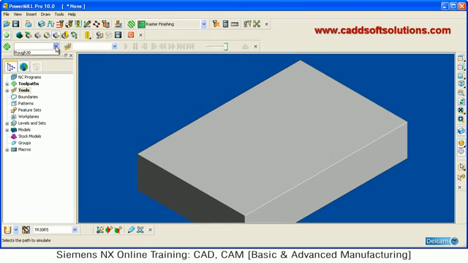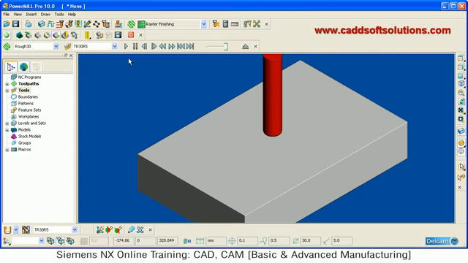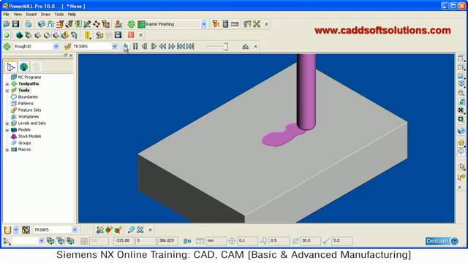Then select here the toolpath. For which toolpath? For Rough 30 I want to view the visualization. And just click on this run button. So it will play the visualization. It will show you how the machining will be performed.